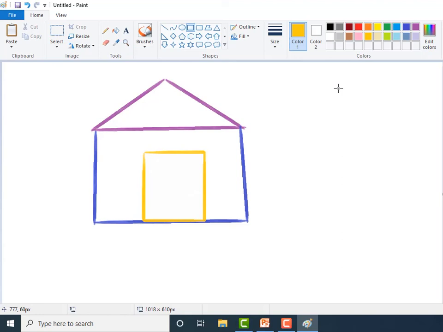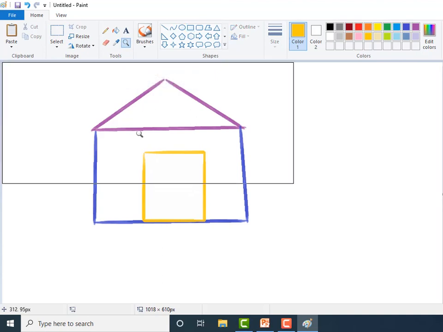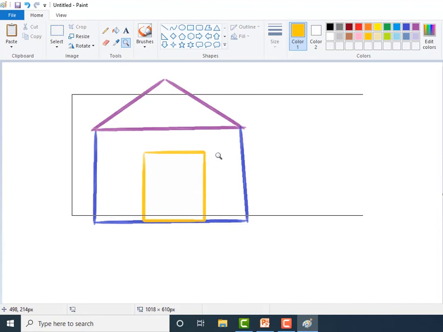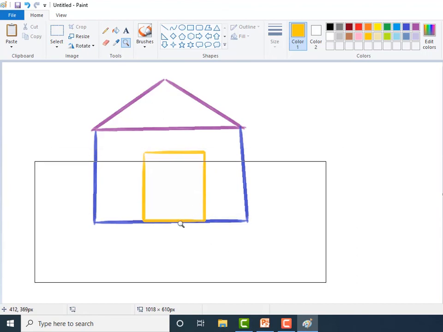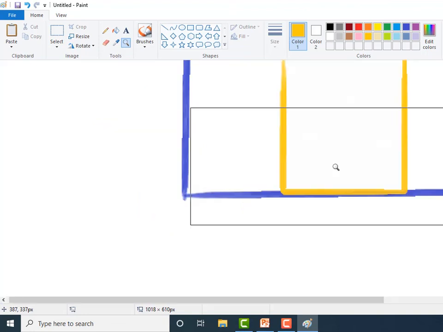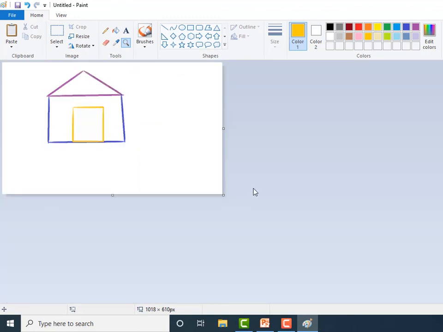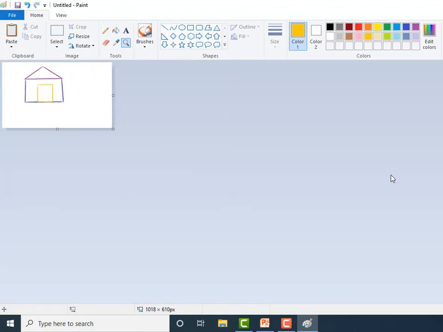In the tools group, click the magnifier tool. This is the magnifier tool, children. Click on this magnifier tool. The pointer changes to a magnifying glass icon. Click a part of the picture to view it in enlarged size. I will click on this part of a picture. You can see a part of a picture in enlarged size now, children. If you want to see a part of a picture in reduced size, then right click a part of picture. Now you can see the picture in reduced size. In this way children, you can use a magnifier tool.